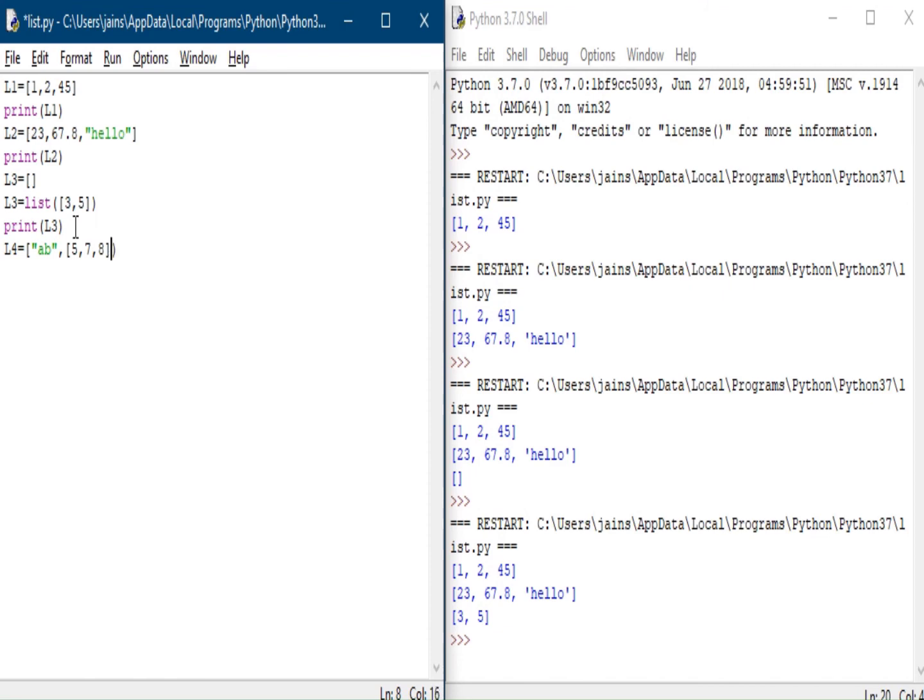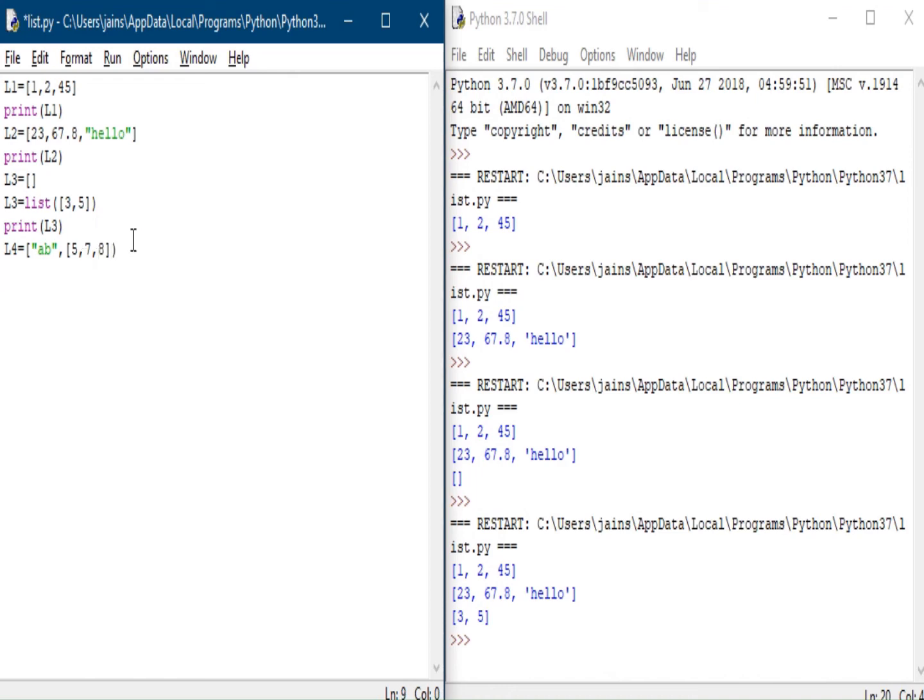Students, this L4 is a list which contains only two elements. One is AB and the second one is the nested list. This nested list is counted as a single element only. So here the index for AB is 0 and the index for the nested list is 1.